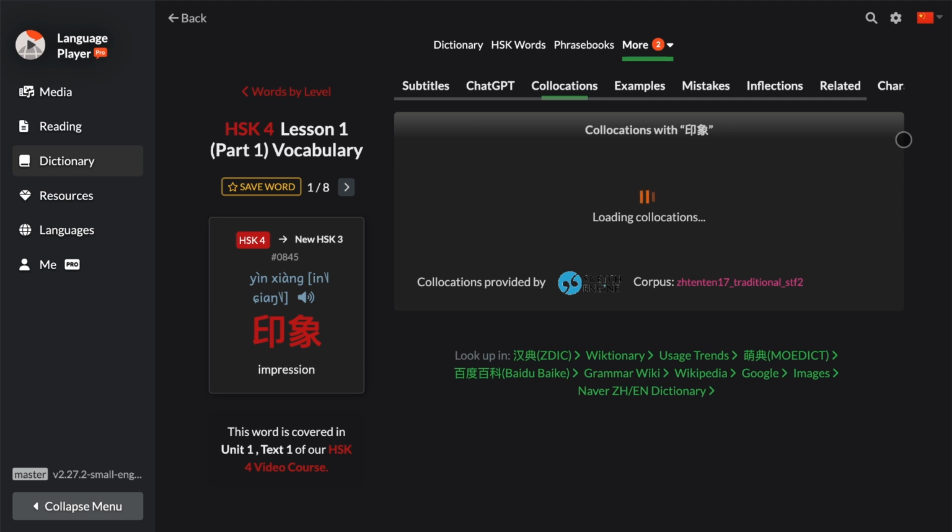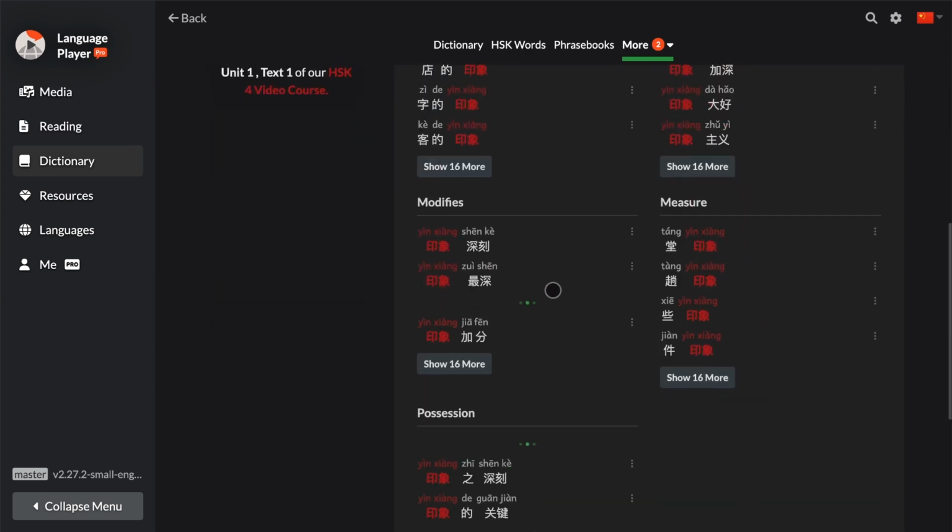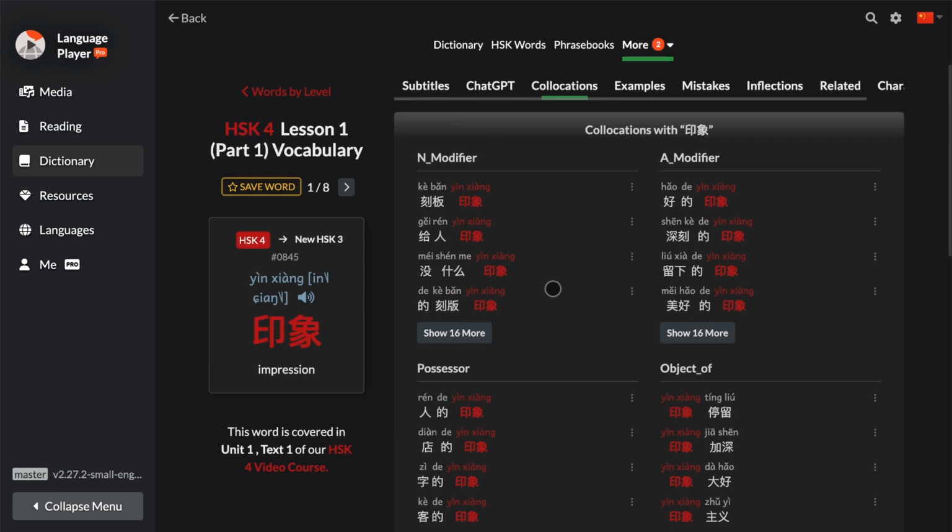Collocations basically mean phrases that contain a given word. For example, 很好的印象, 很坏的印象, etc. Right? So these are collocates. So here we can see we have a lot of collocations with the word 印象, and it's grouped by various